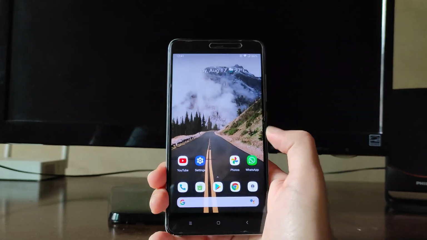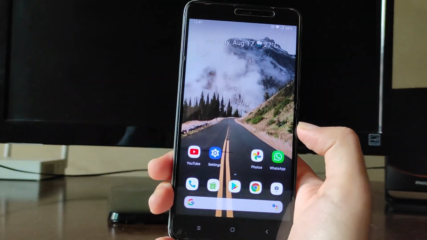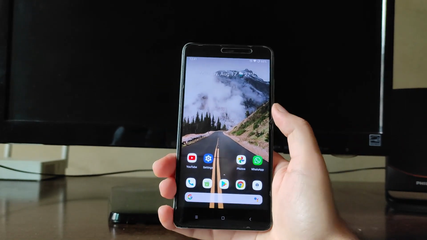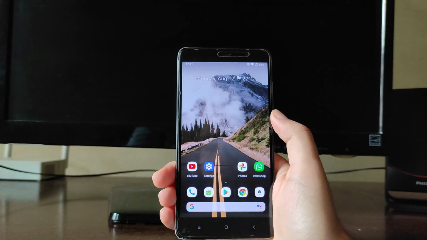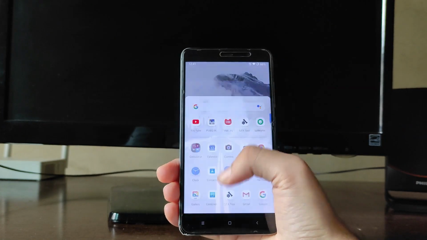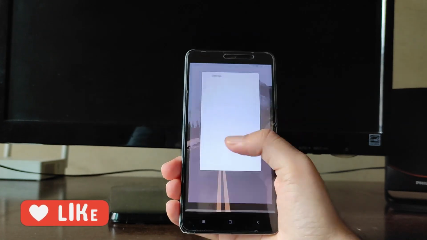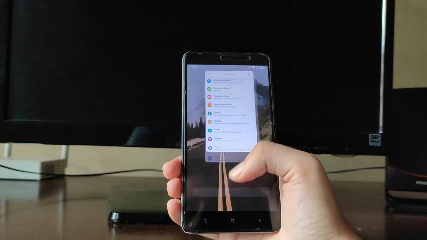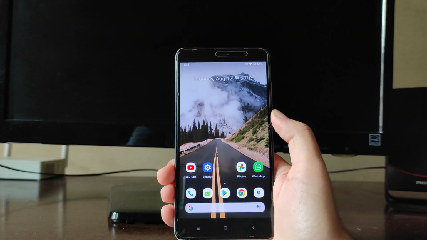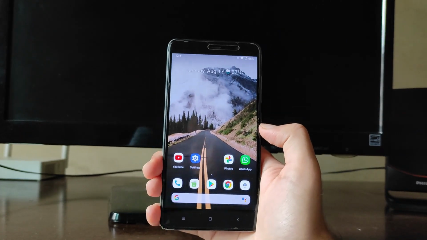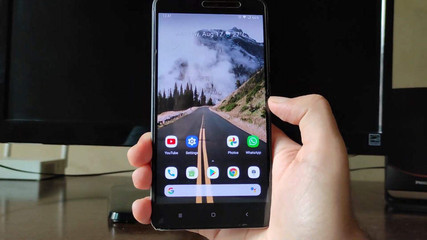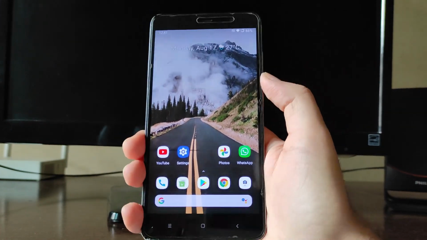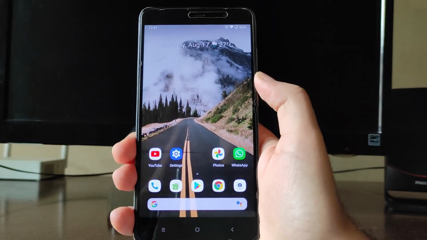These are the only bugs, and overall the performance here is just amazing. I'm using this for around a week now, and so far I have faced all these bugs only once. And so far the ROM is pretty much very smooth, and YouTube is also working absolutely fine. As you can see here, the ROM is very smooth compared to many other ROMs out there. As it is the initial stage, this is the first build, and I'm pretty sure that it will get better in the next build, and you will get a fingerprint option available here also.